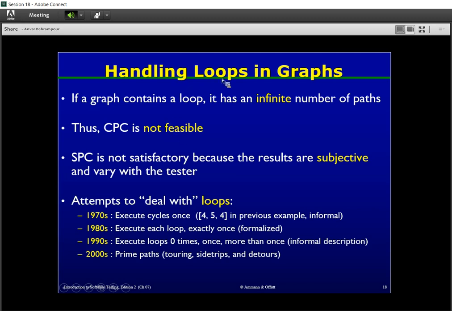So, to handle loops, we use a specified pass coverage. We use a specified pass coverage to handle loops in graph. So we propose some test passes that cover around the boundaries of our for condition to cover all edges